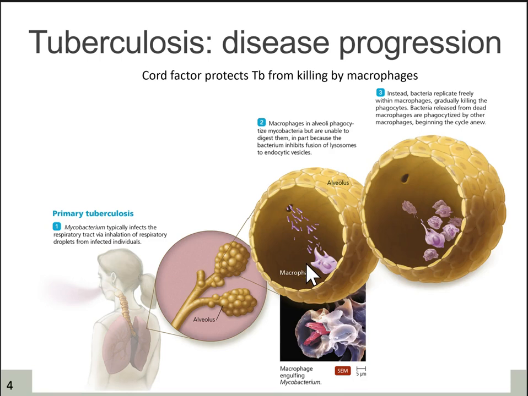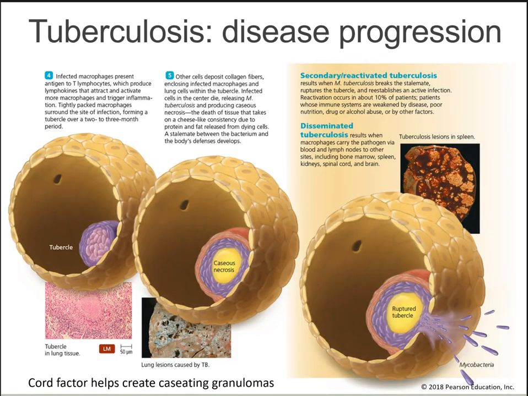So the bacteria, Mycobacterium, are ingested by, are actually phagocytized by macrophages, and then the bacteria are able to survive in those macrophages. The bacteria replicate freely within the macrophages, eventually killing the phagocytes, and the bacteria are then released from dead macrophages and are phagocytized by more macrophages, which allows the bacteria to replicate once again. As these macrophages are dying,